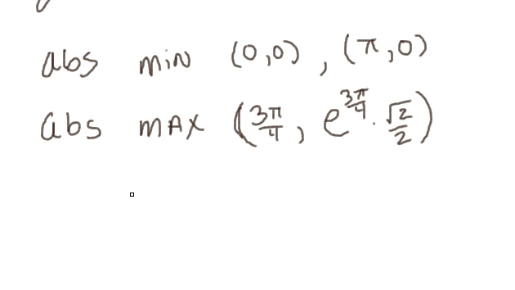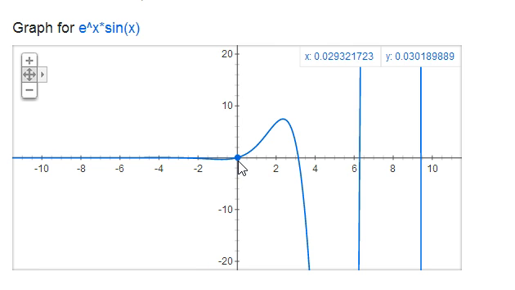I don't know. Let's go back and look at the graph again. I had so much fun doing that last time. Let's do that. Okay, so remember we had two minimums, and it was at (0, 0), and then the other minimum was at, trying to get my cursor there as close as I can, it's jumping around, at (π, 0), okay,